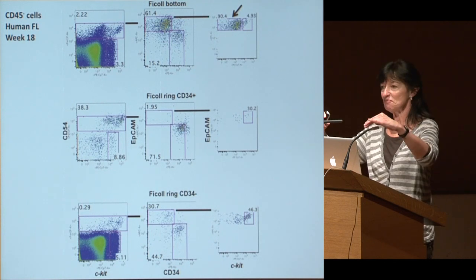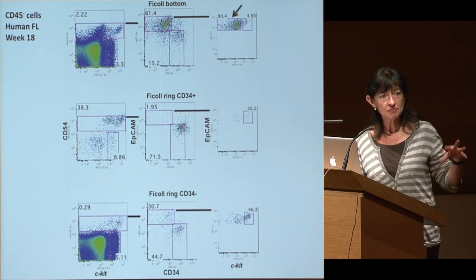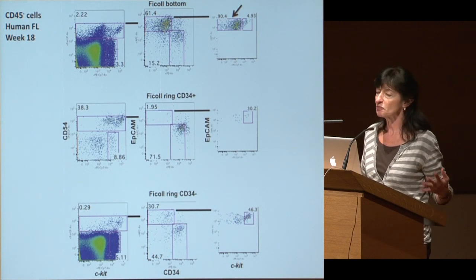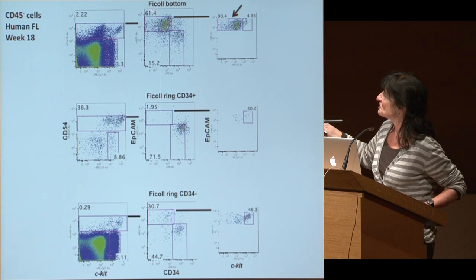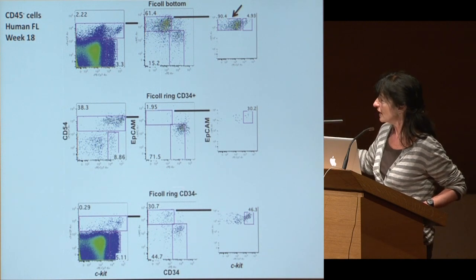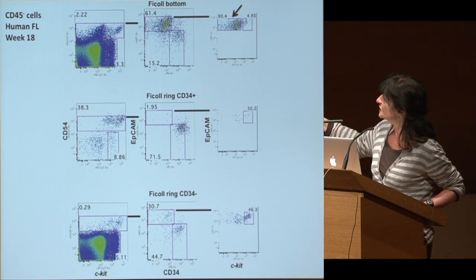So just to finish up, I'd like to tell you that we also find them in human fetal liver. We teamed up with Helen Strick-Marchand and Jim. They get human fetal liver to make humanized mice, and I use the fraction that they don't want. You usually isolate those cells by a Ficoll gradient. You have a Ficoll ring and a Ficoll bottom. CD54 positive cells that do not express CD34 but express EpCAM are found mostly in the Ficoll bottom of